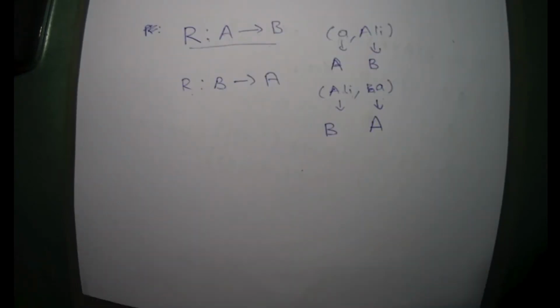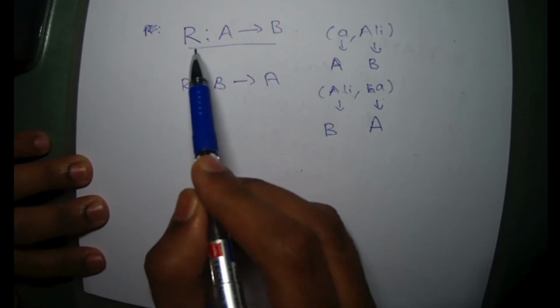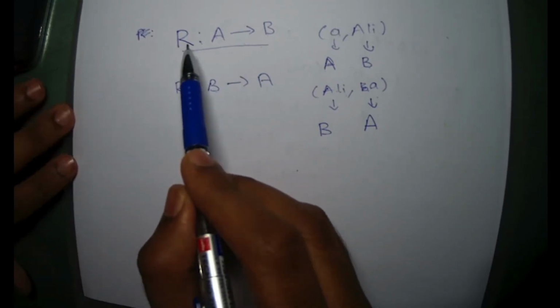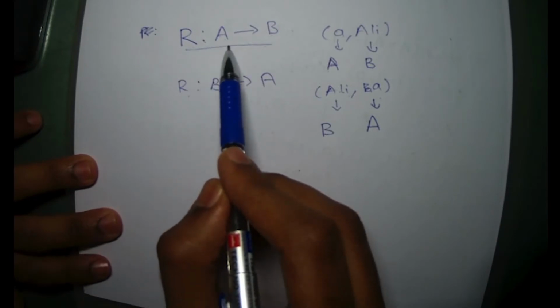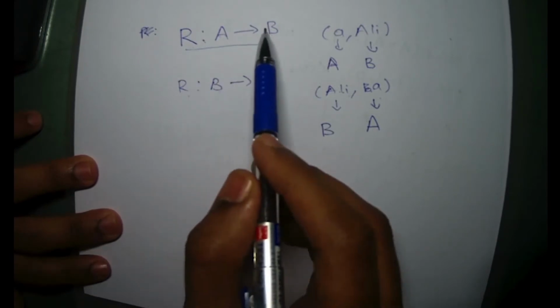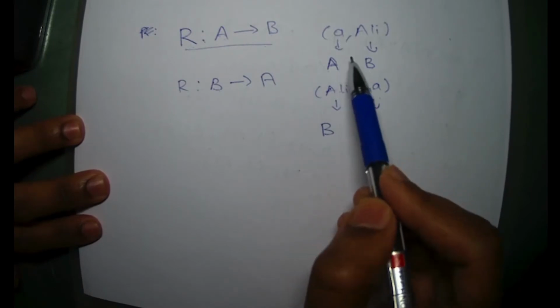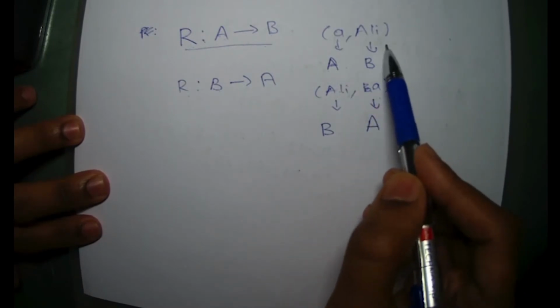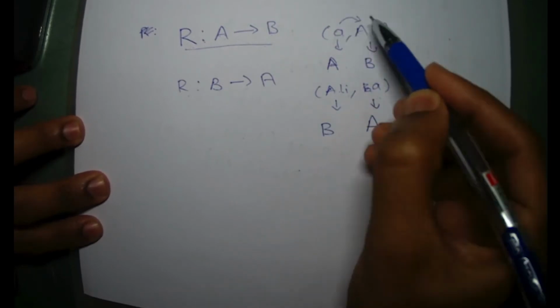The next thing we have to learn is how to represent a relation mathematically. It is represented in the following way. Here the capital R tells that the definition provided is a relation, and the next term shows that the relation is linked from set A to set B. In the previous example we saw that the first letter was from set A and the second was from set B. So the relation is from the first element to the second element.